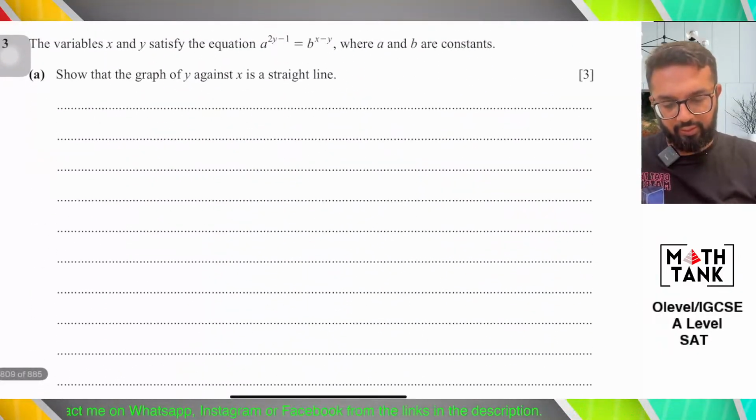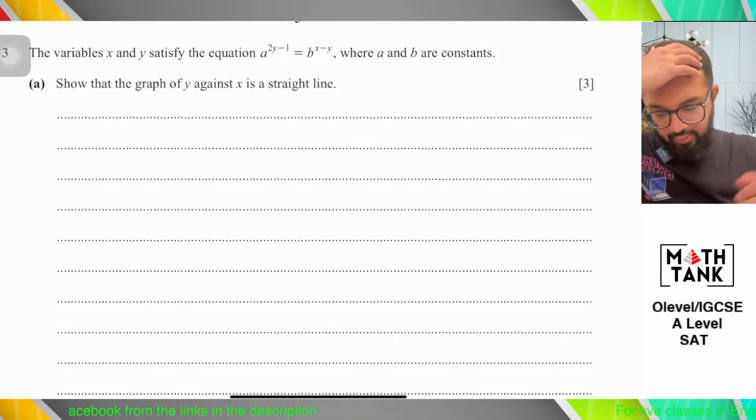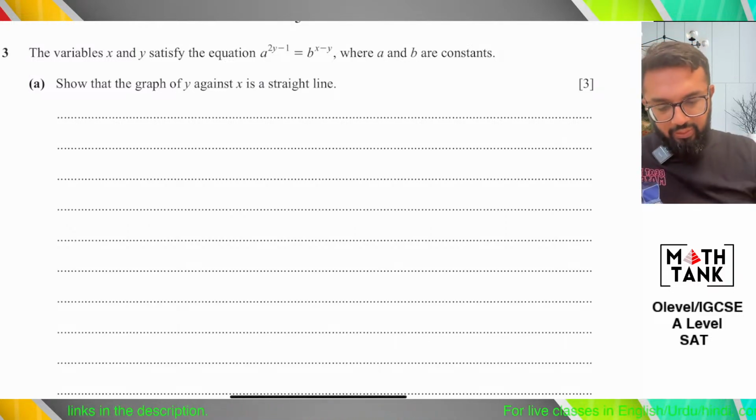Yeah, those are the correct answers. Question number 3 quickly. Question number 3 says the variables x and y satisfy the equations where a and b